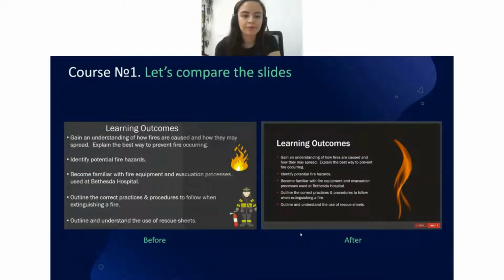So how do you like this transformation? Let us know in the chat, and if you have your own ideas on how you can improve this slide, we would love to hear them. So let us know. And while we move on to the next slide,